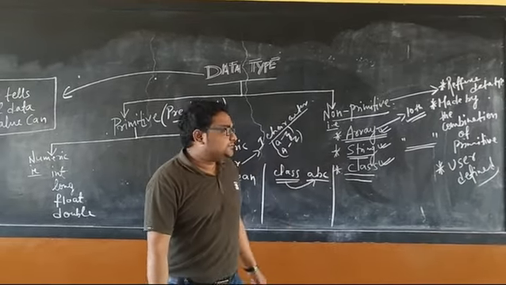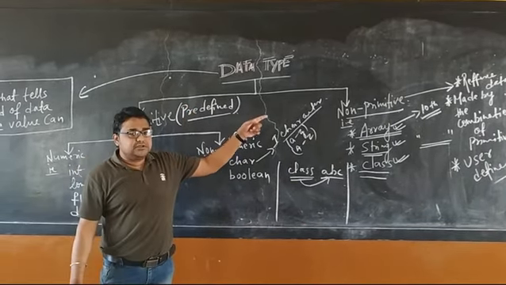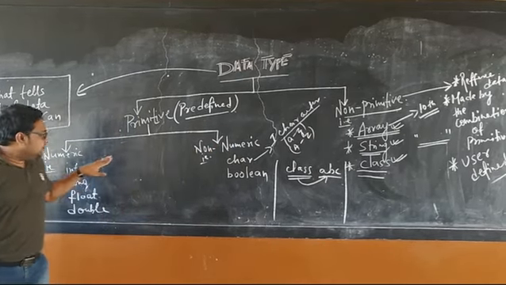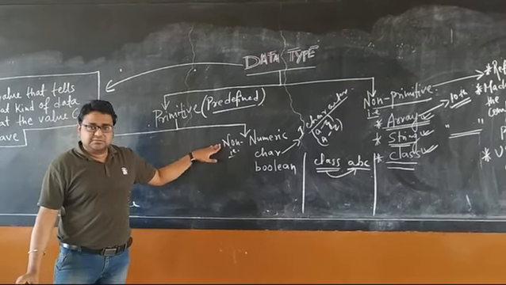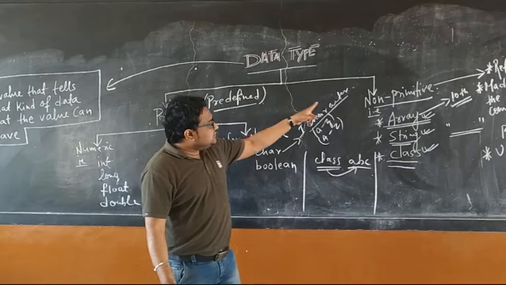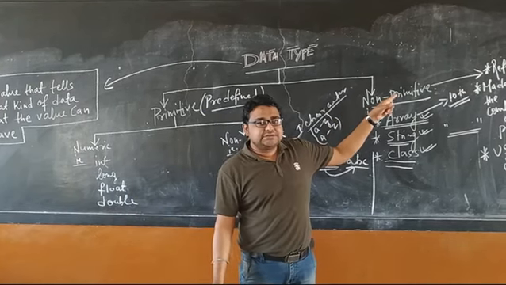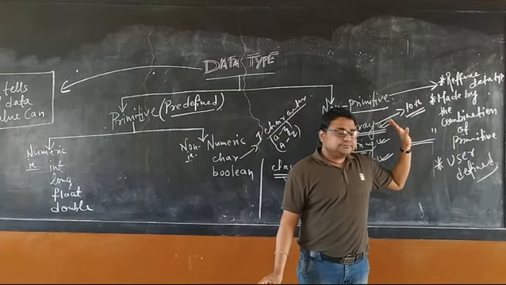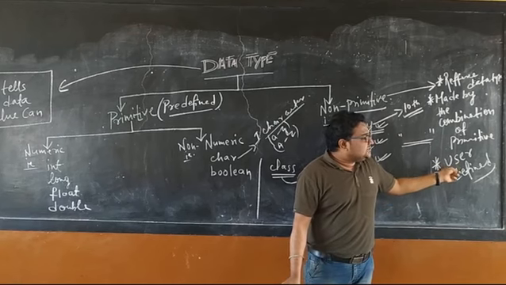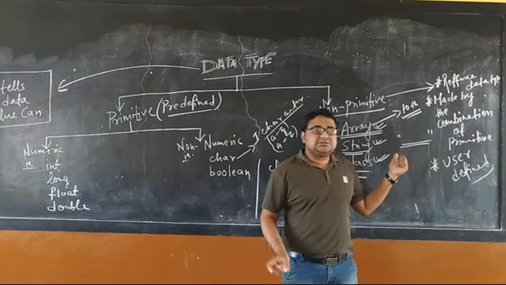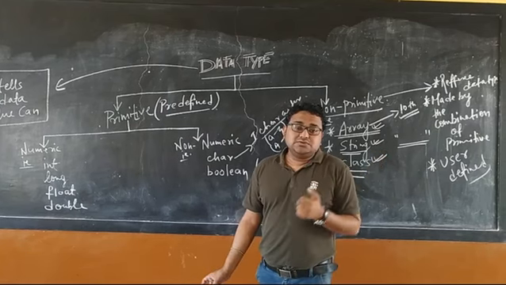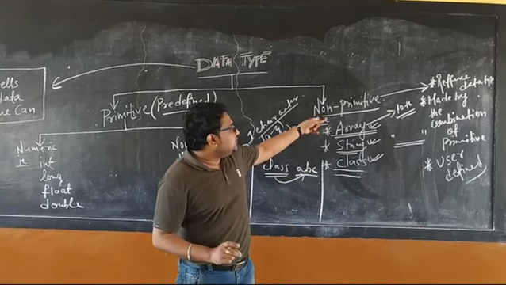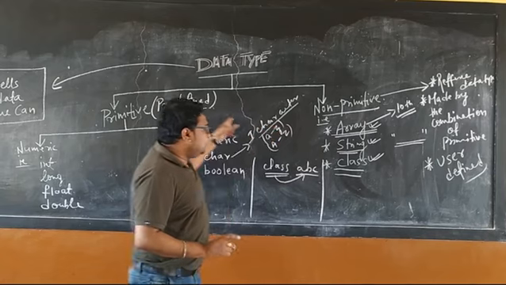Let's start from the beginning once more. Data types are of two types, primitive and non-primitive. Primitives are of two types, numeric and non-numeric. Numeric means numbers, non-numeric means no numbers. Second is non-primitive. Non-primitive is also called a reference data type, also made by the combination of primitive data types. And third definition is that it is also called user-defined. This is predefined, this is user-defined. Means defined by whom? Users. Users means us, those who are using the computer, they are making the data type. So non-primitive is made by the user by the combination of primitive data types.